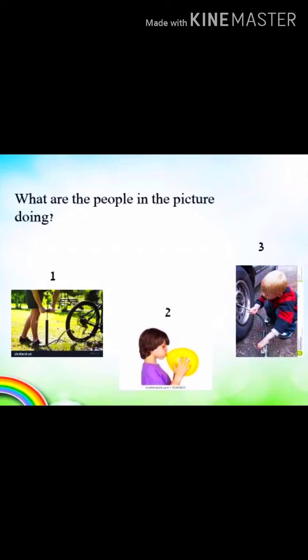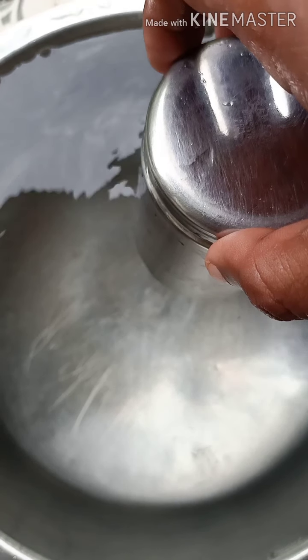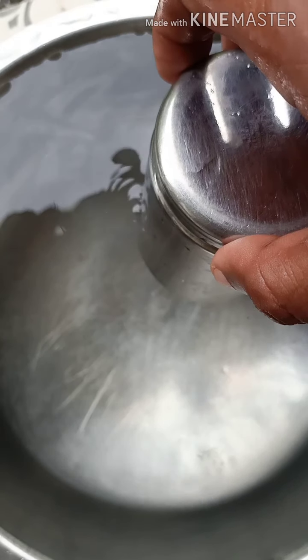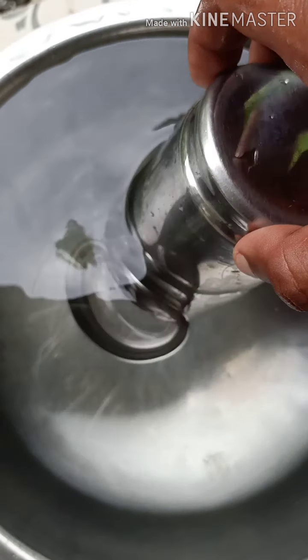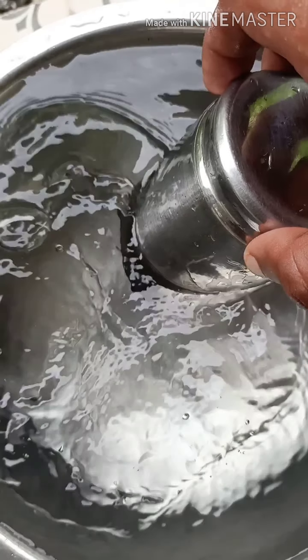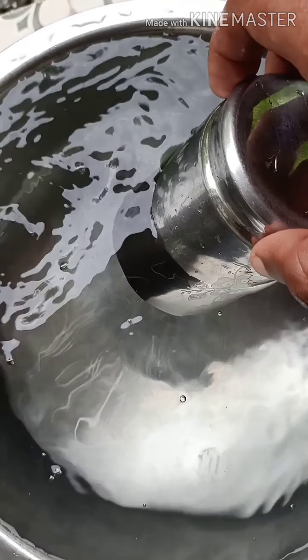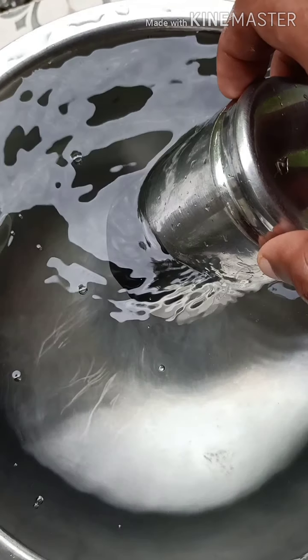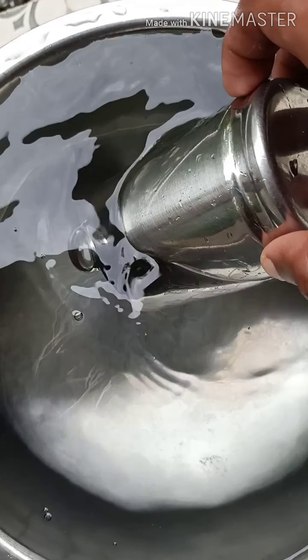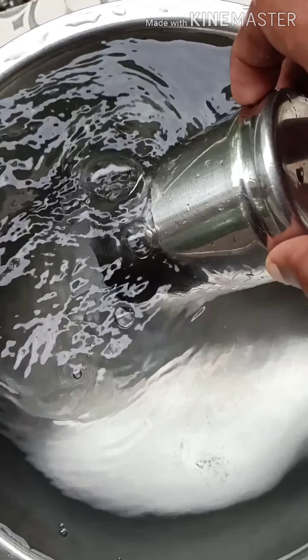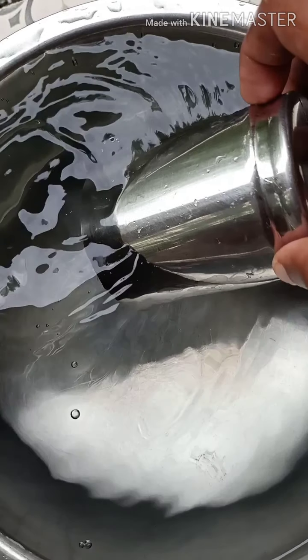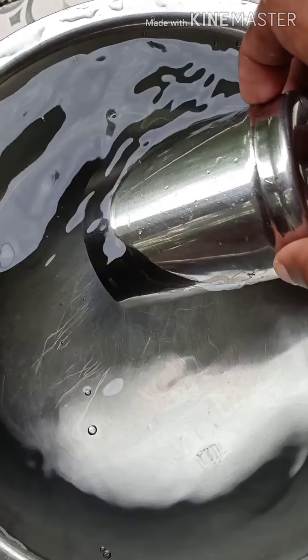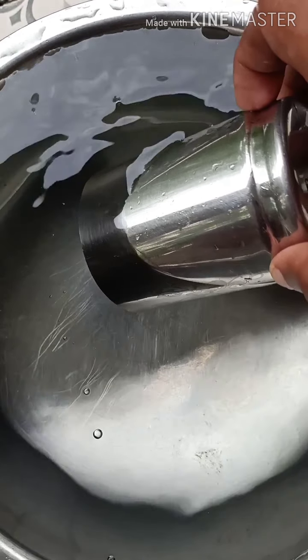Now, students, take some water in a big container like a bucket or a pot, and take a small narrow container, for example, a mug or a glass. Hold it upside down on the surface of the water and push it down into the water. Can you see how I push it down? Now allow it to tilt. What do you see, students? You see bubbles rise up.